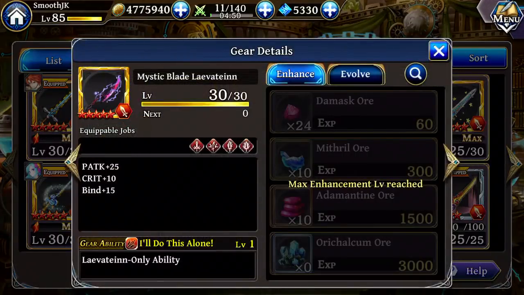Now, at first glance, the stats, I will admit, are pretty disappointing. 25 attack, 10 crit, plus 15 bind. The main stat is going to be your attack, 25. The bonus or side stat is your crit, plus 10. Then your status ailment inflicting stat is plus 15. The only reason I repeat that is because we're going to compare it directly with this other